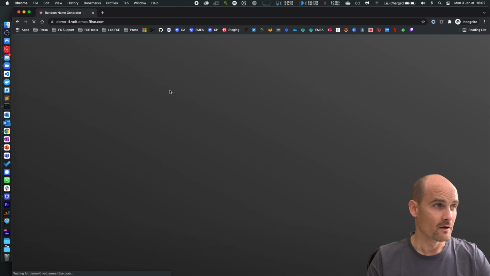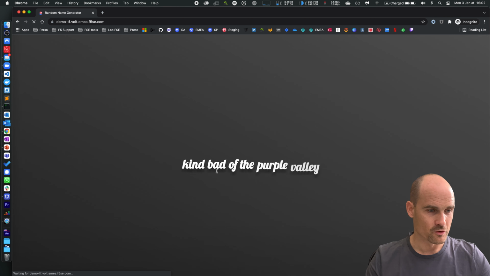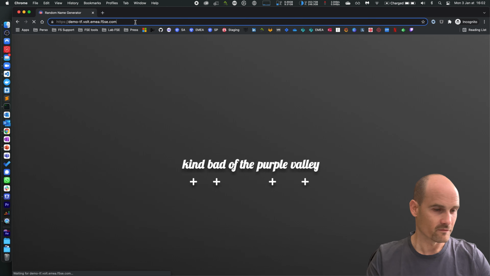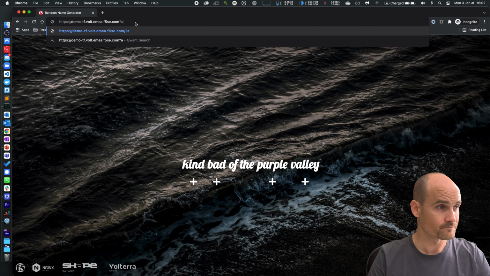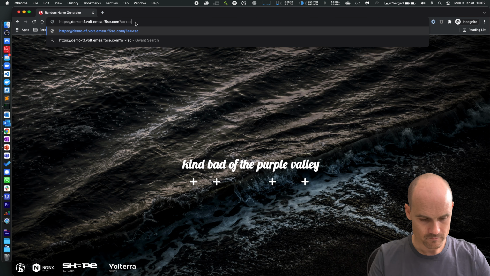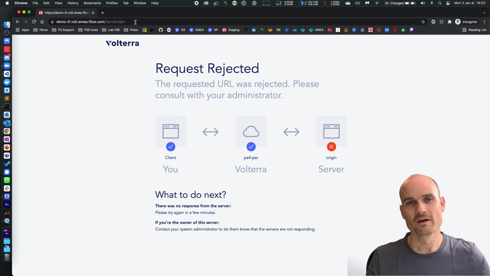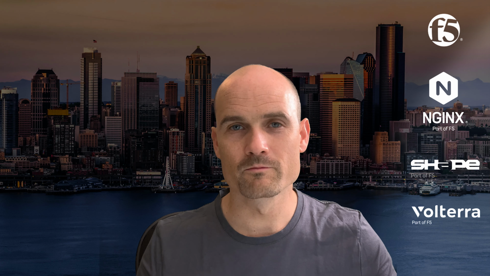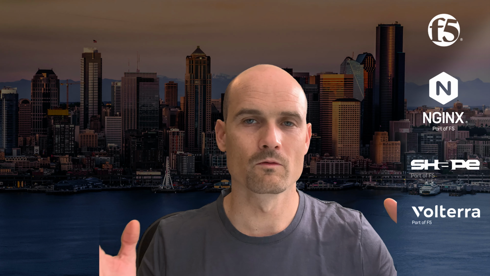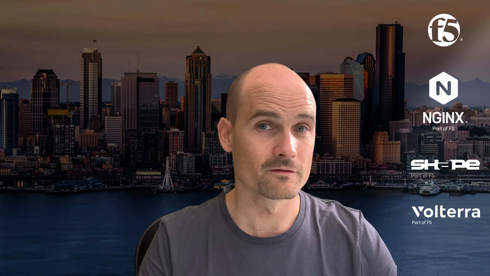Now I can refresh the page and you can see a new sentence, but if I try to do an injection or cross-site scripting, it's blocked. This is easy. This is how you can protect any application with Volterra in a few minutes with Terraform.